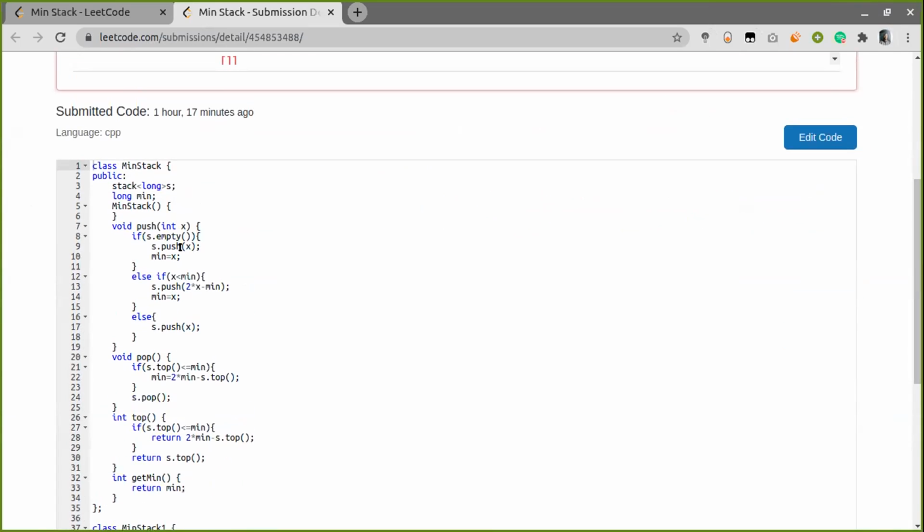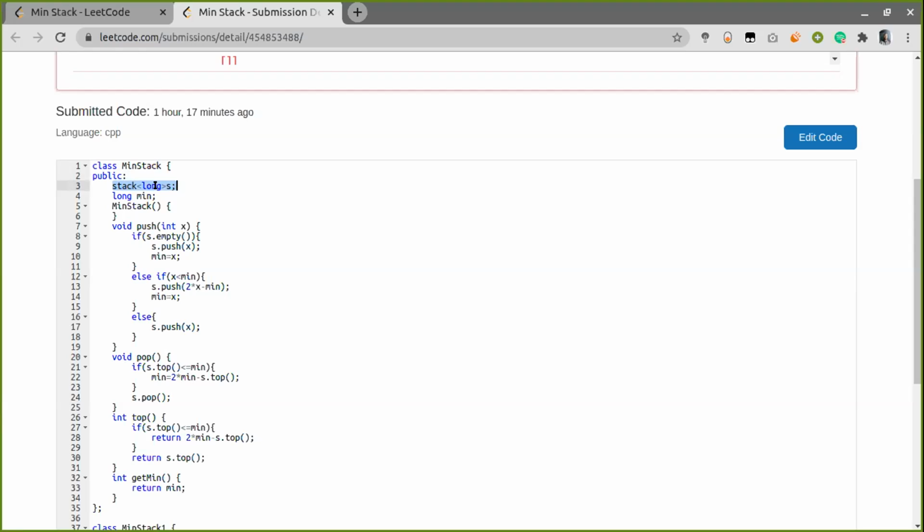But I guess this is the main intention of the GeeksforGeeks article, where we are using a minimum variable and also the stack, and you have to then update that variable. So if the stack was empty, we just push it. But I think we are not taking into consideration the memory used by this stack while going for the space complexity part.